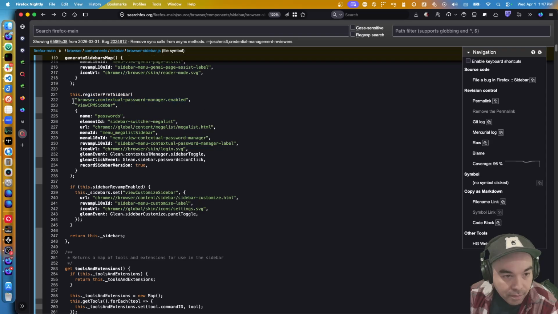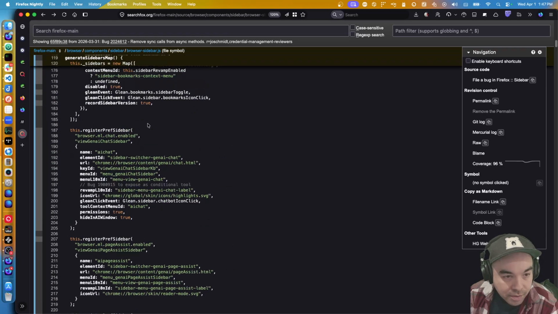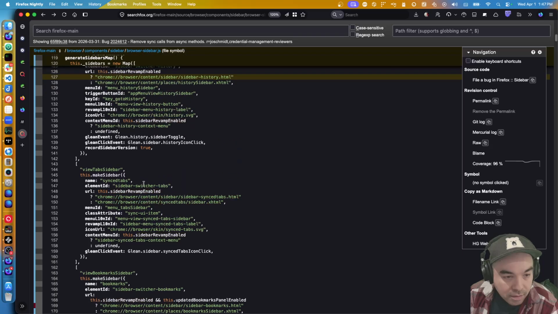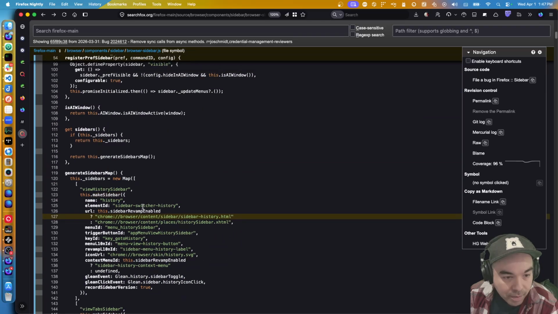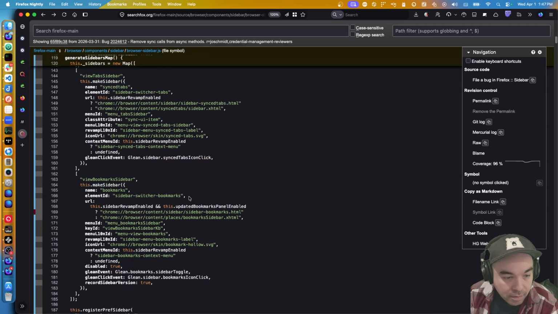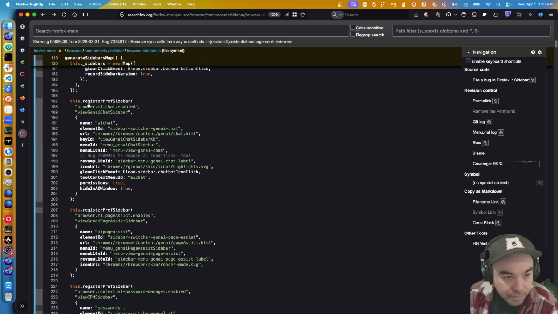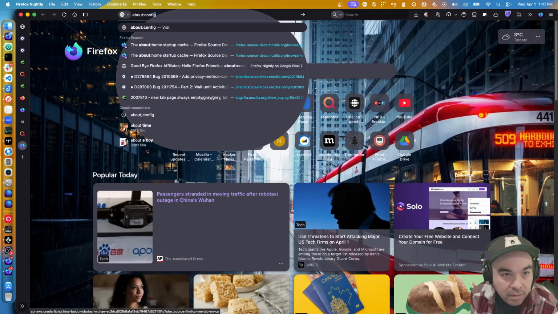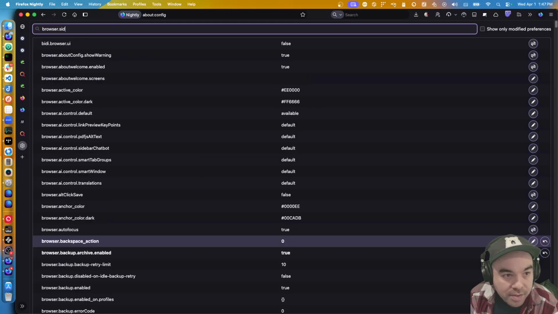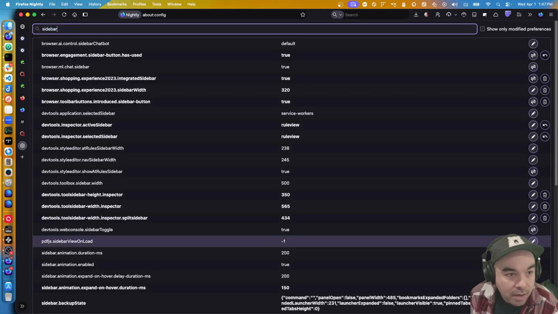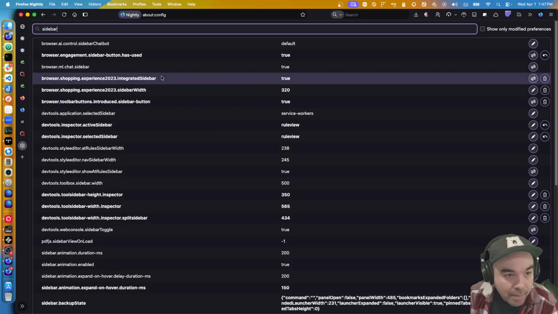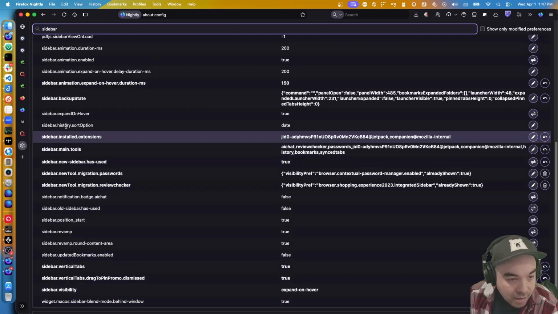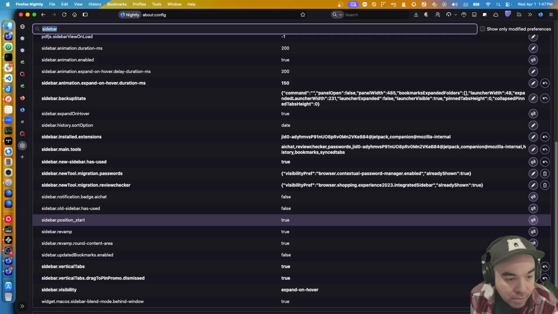If browser dot, what's the pref that we would care about? Presumably there is like a browser dot sidebar. No, sidebar ML chat sidebar. So there is the top level sidebar pref list, but I'll bet you what they're expecting us